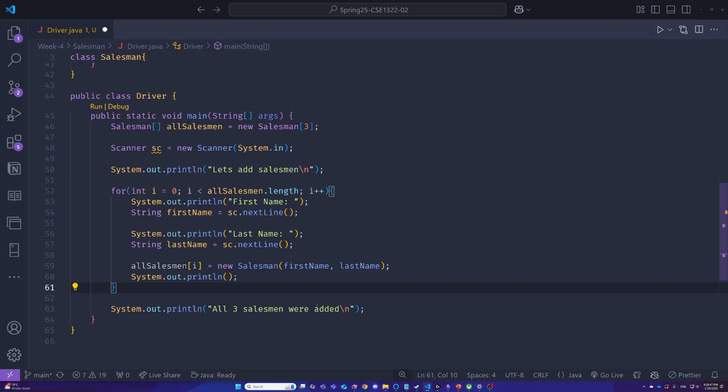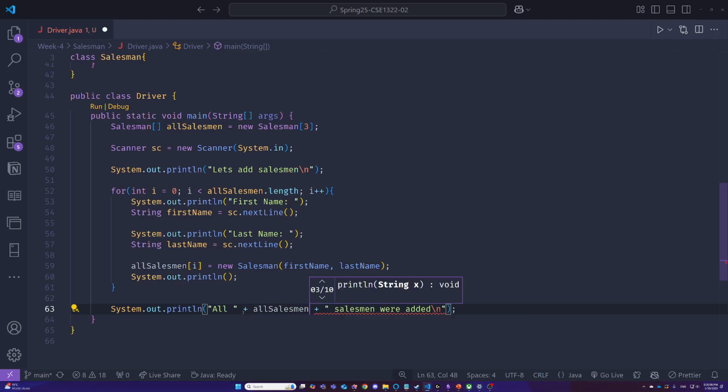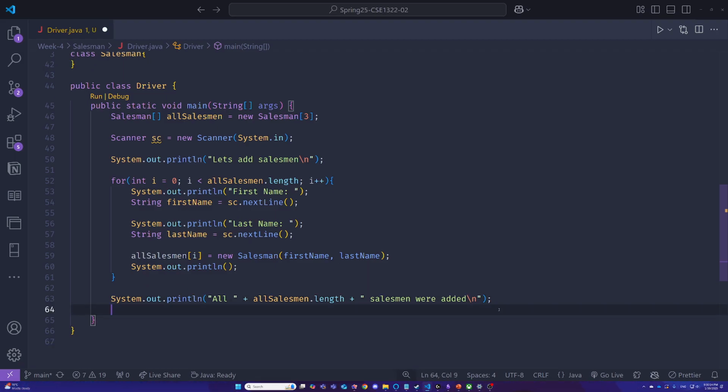squished together. Now also thinking ahead, what happens if we have like 100 salesmen? We're probably going to have to go through each time we mention the number 3. So what we could do here, instead of being explicit about the number 3, we can just use all salesmen dot length. So even for this print statement, it is somewhat future proof,